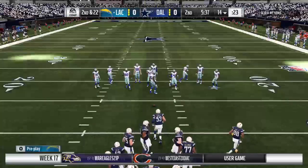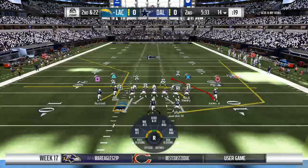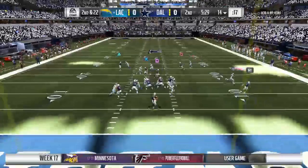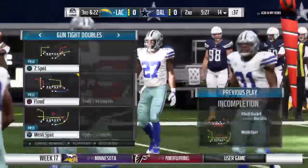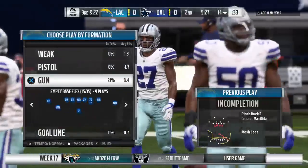That huge loss on the sack makes this job much more difficult. It's now 2nd down and 22 yards to go. Out of the gun, they'll look to throw. And the hit jarred loose. Oh, it's incomplete. Man, it seems like this defense, especially the secondary, has really been contesting about every throw in this